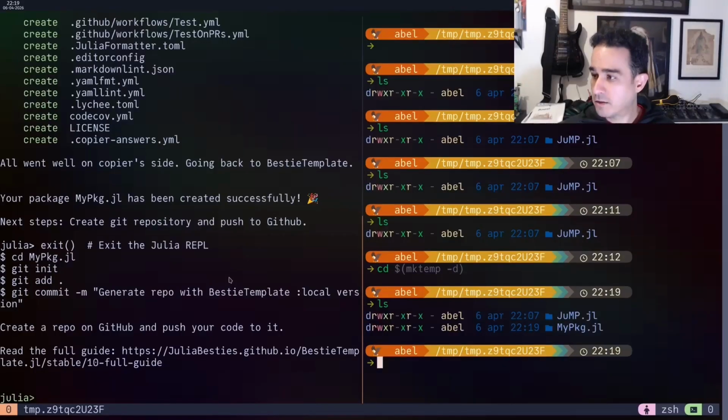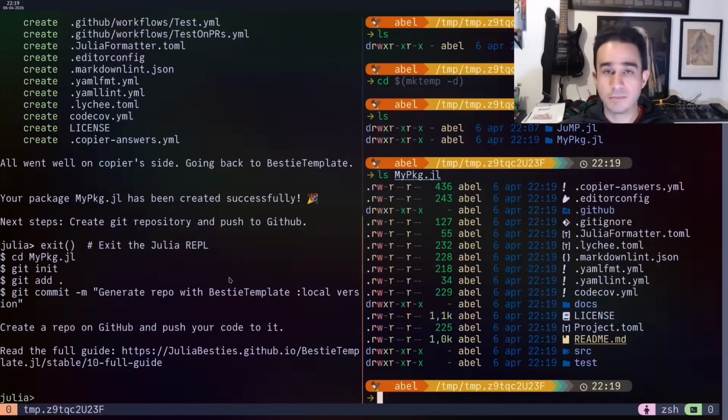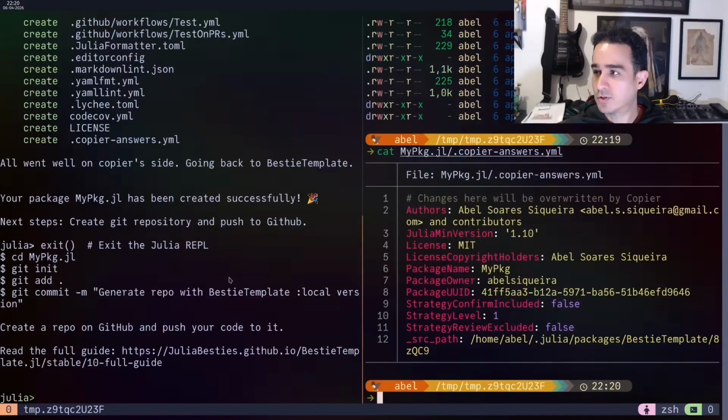And finally here, I have a new package called mypackage.jl, which has a lot of stuff. The stuff in here can change. So this is version 0.18.5. And if you look at the file .copier-answers, you can see which answers you gave at this moment